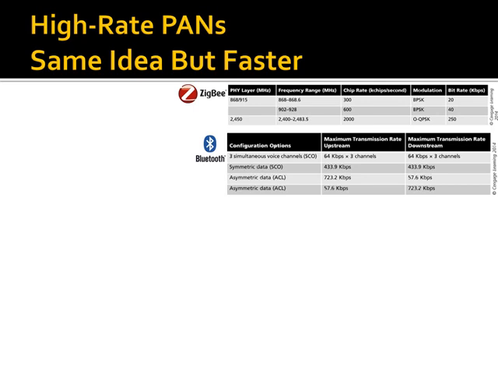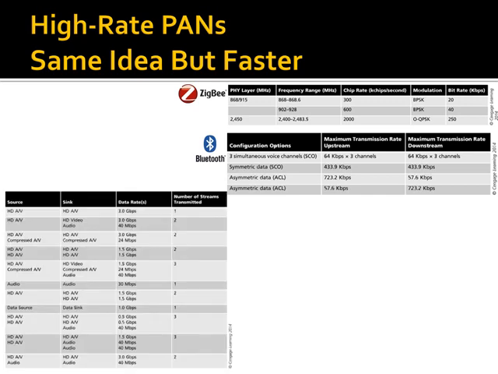So what we ended up doing was taking the idea of a PAN, a very short range network, basically to replace cable, but making it run faster so that we can replace cables that carry signals that are much more information dense, if you will. Looking at some of the rates, this is a generalized table out of your textbook. A high definition audio and video signal requires 3 gigabits. That's a fast link on cable, much less across a wireless interface.